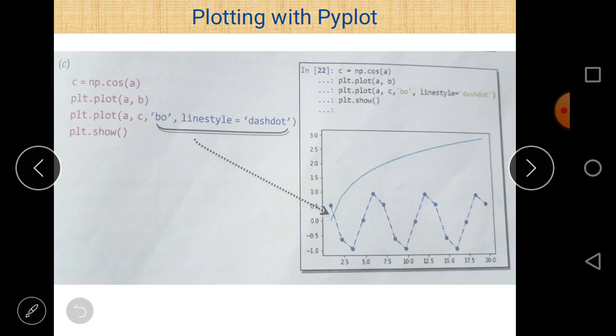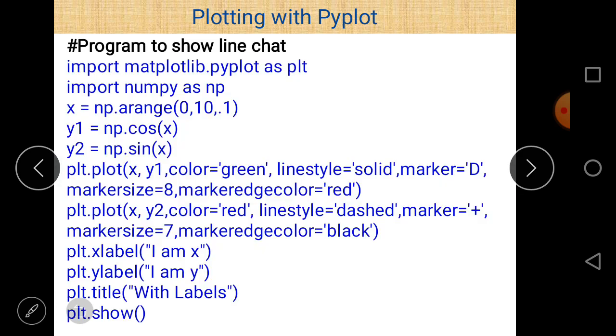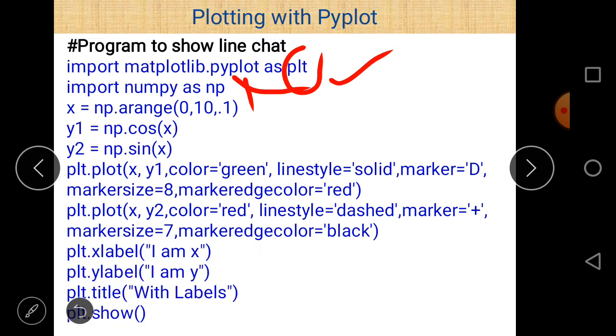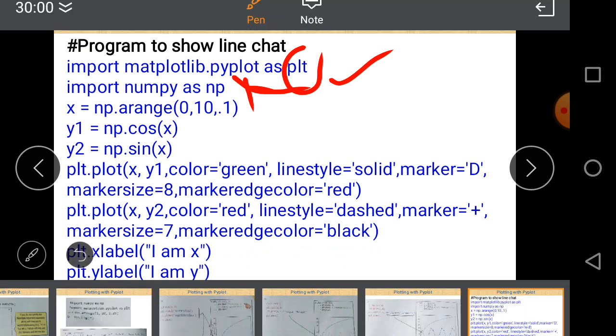So these are the different types of functionality we discussed about pyplot. And now there is a small program here. In this program the first line is import matplotlib.pyplot as plt. It is an alternative name given to matplotlib.pyplot here, and then import numpy as np. NumPy is again a library, and np is the alternative name given to this library.